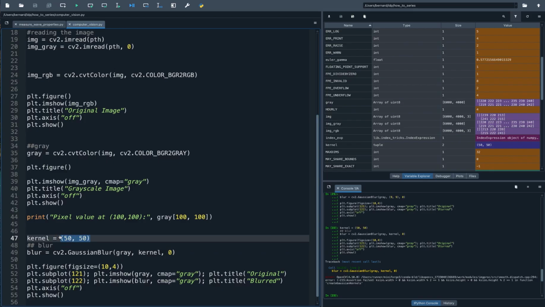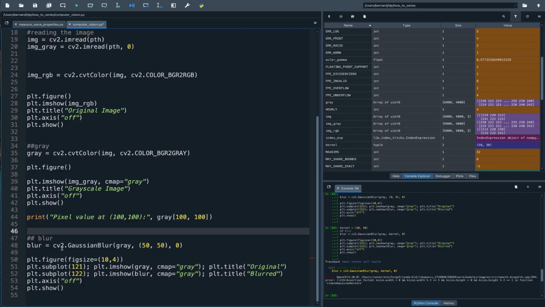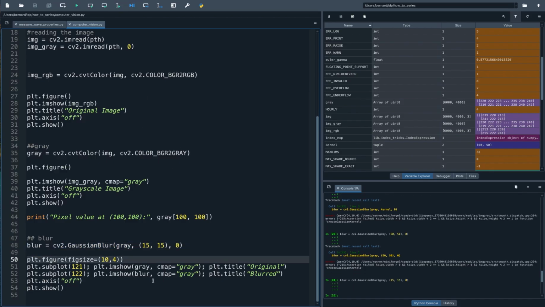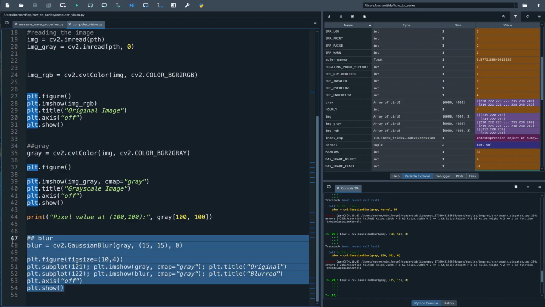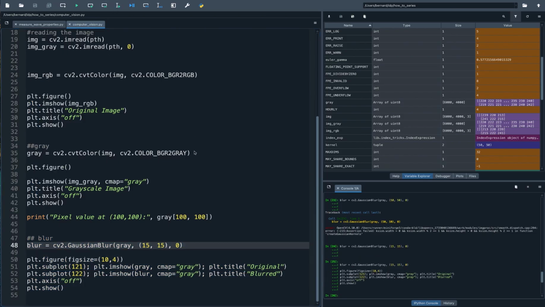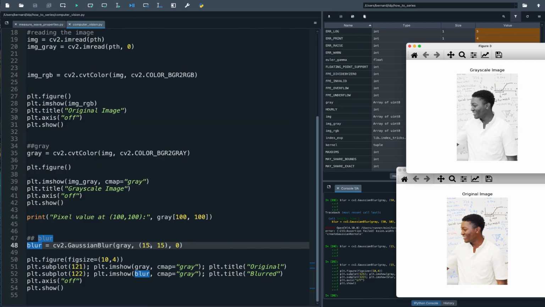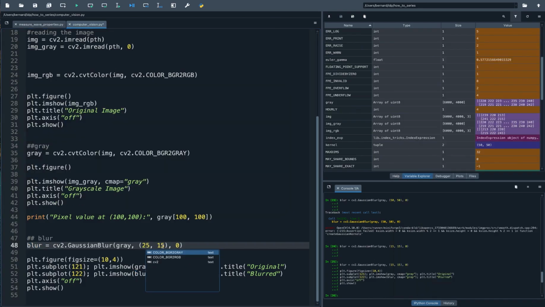I'm already running out of time, so I don't want to start making more changes. Let's run this and see if we get that error. It's because of the size. If we change this to 15 and run this on our gray image, it ran now. So that size was just too big. It's blurred, but it's not very obvious actually. Let's see how far we could go. If we go to 25,